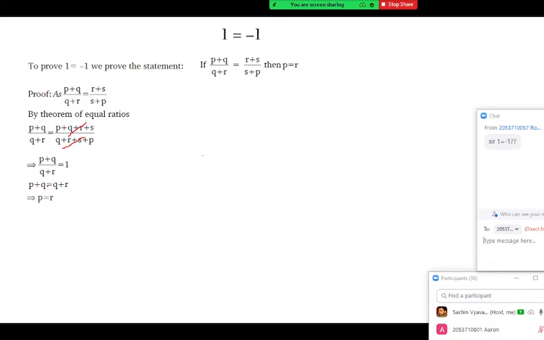If you cross multiply, you will observe that Q gets cancelled and we get P equal to R. So first of all, the proof of this statement is completed. In general, for any P, Q, R, S, if the first part holds, then P is always equal to R. Okay. Any problem in the proof? Is there any problem in the proof?